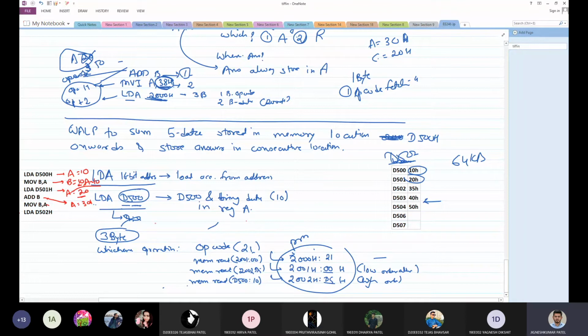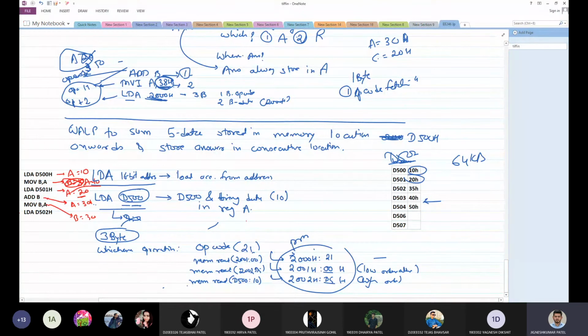Okay. So now what will happen? The content of A would be copied to B. So B will become 30. Now do I need this 10? See, B is updating from 10 to 30. Do I need it? No. It is stored in memory and I already performed the sum of that number. So if I discard this, no issue. It is fine.